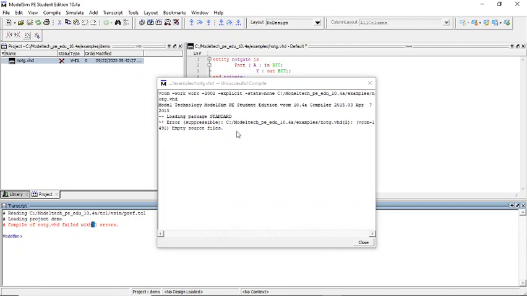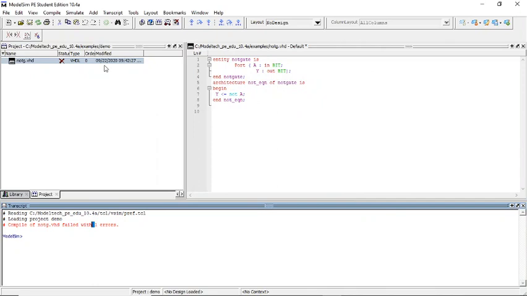So you can see the error in this window. It is showing an empty source file, since we have not saved the program, our code is not stored. So we'll close and save the code.